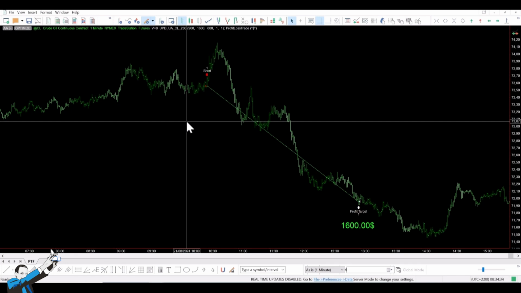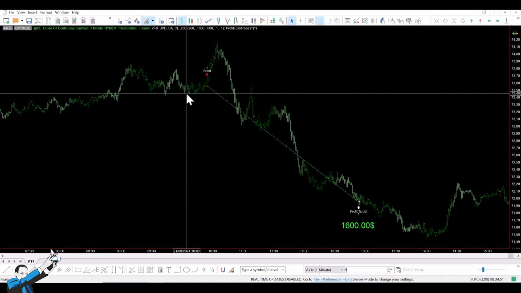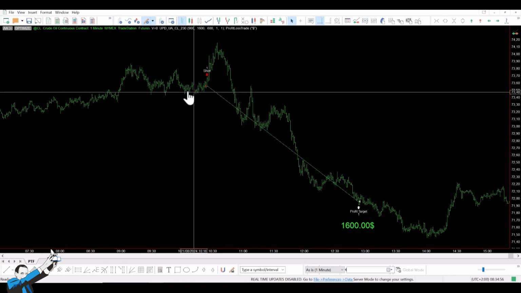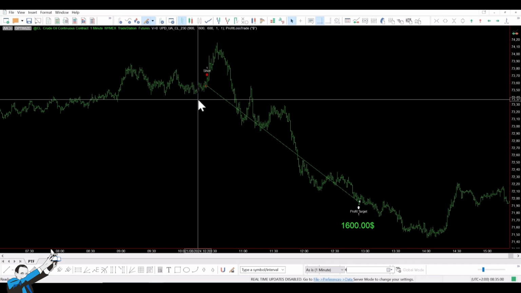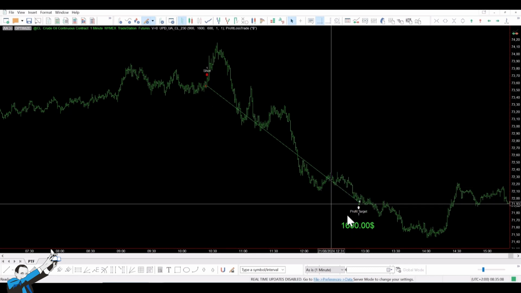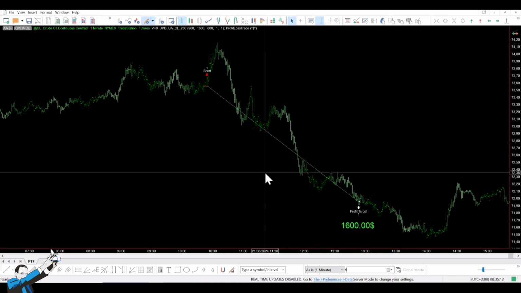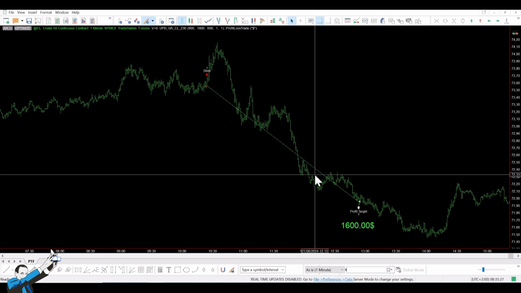By getting in before the event, we aim to avoid these issues and position ourselves to capitalize on the post-announcement moves. This strategy trades both long and short, with entries based on previous highs or lows. In practice, we're looking to buy or sell with limit orders at the recent highs or lows formed in the minutes leading up to the report. The strategy uses a $900 stop loss and a $1,600 take profit, as seen in this example trade. If neither level is hit, the position is closed at the end of the session. It's an intraday strategy because we're targeting the immediate impact of the data release, so there's no reason to hold the position past the session. Now let's look at the performance.